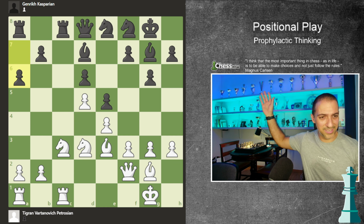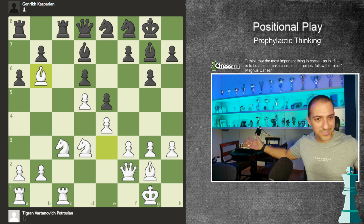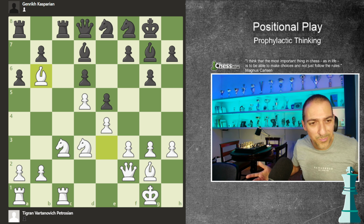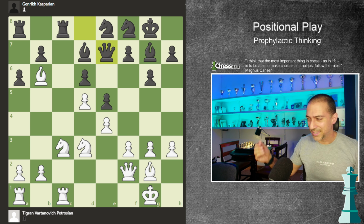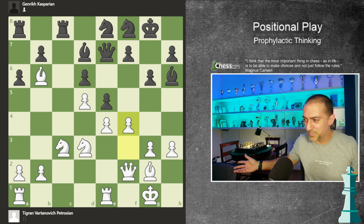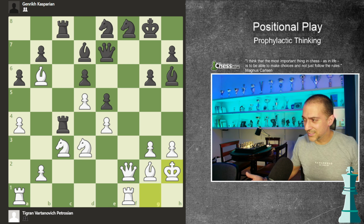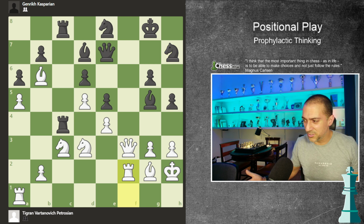So after a6, because the pawn is being attacked, I play bishop b6, and the black player cannot develop his pieces or create his plans, because he's being threatened. So after queen e7, let's go. Rook, bishop, pawn, and f6. And look at this. Let's advance a few moves. And this guy is completely crazy because he will continue with